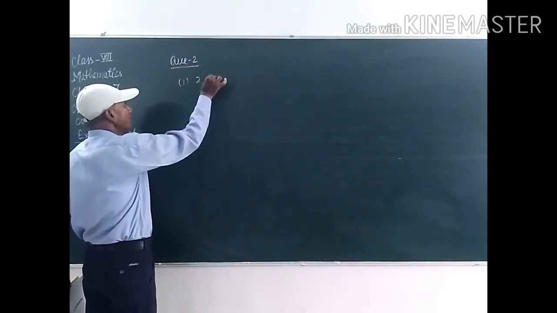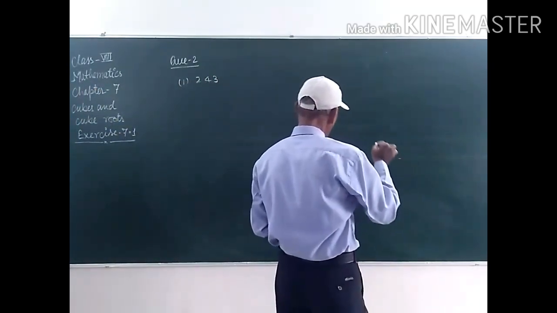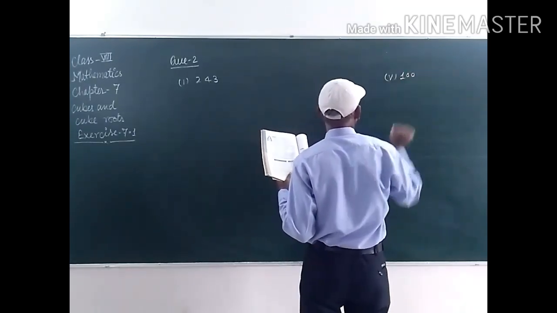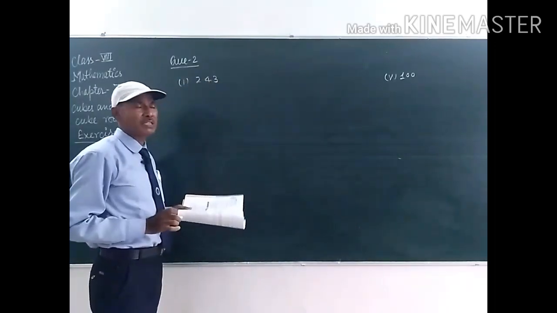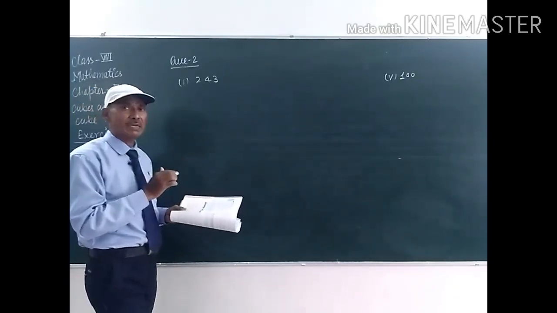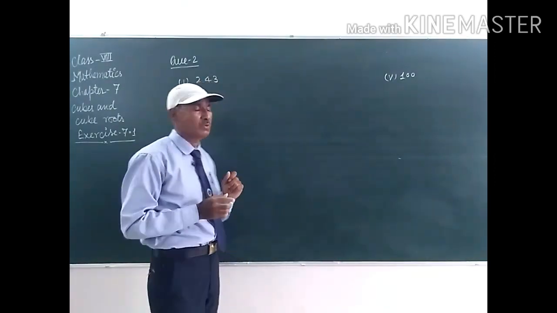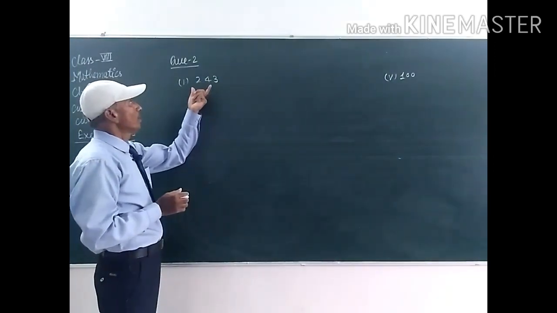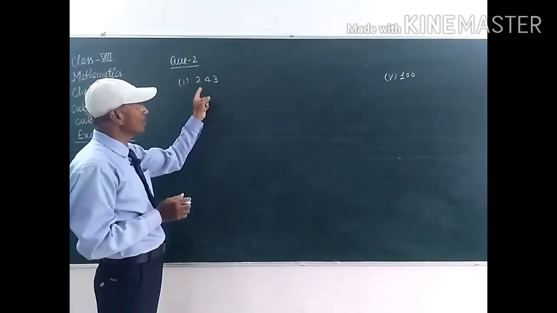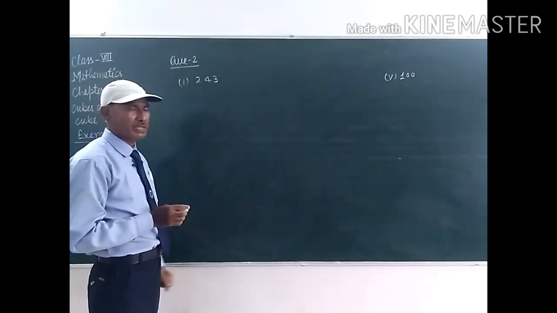This one is 243, and now the last part, that is part 5, it is 100, student. We have written here only 2 parts. Now we have to solve these 2 parts and find the smallest number by which each number is multiplied to make it a perfect cube number. So, to find the smallest or least number by which we have to multiply to make it a perfect cube, we have to find the prime factors of this number first.